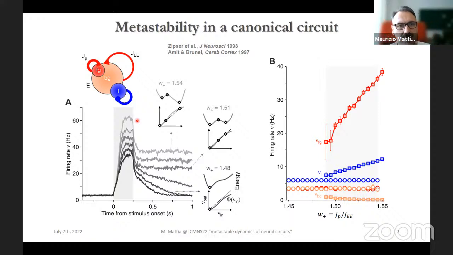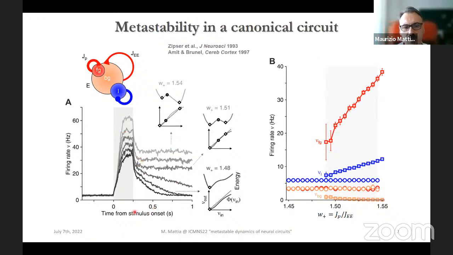And as we are speaking about metastability, I think that a good starting point might be this canonical circuit introduced in spiking neural networks by Daniel Amit and Nicolas Brunel, and used to model working memory, so short-term memory. The idea is that, under mean-field approximation, a network of spiking neurons composed of excitatory and inhibitory neurons, with strong enough synaptic self-excitation in a small subset of neurons, the foreground, can display nonlinear dynamics, and particularly attractor dynamics.